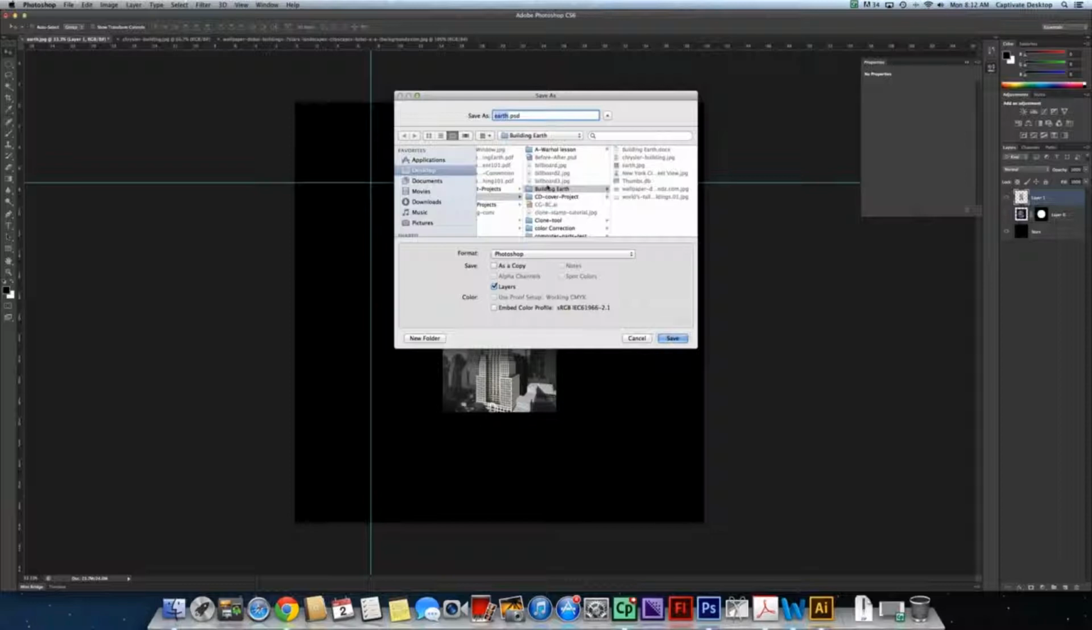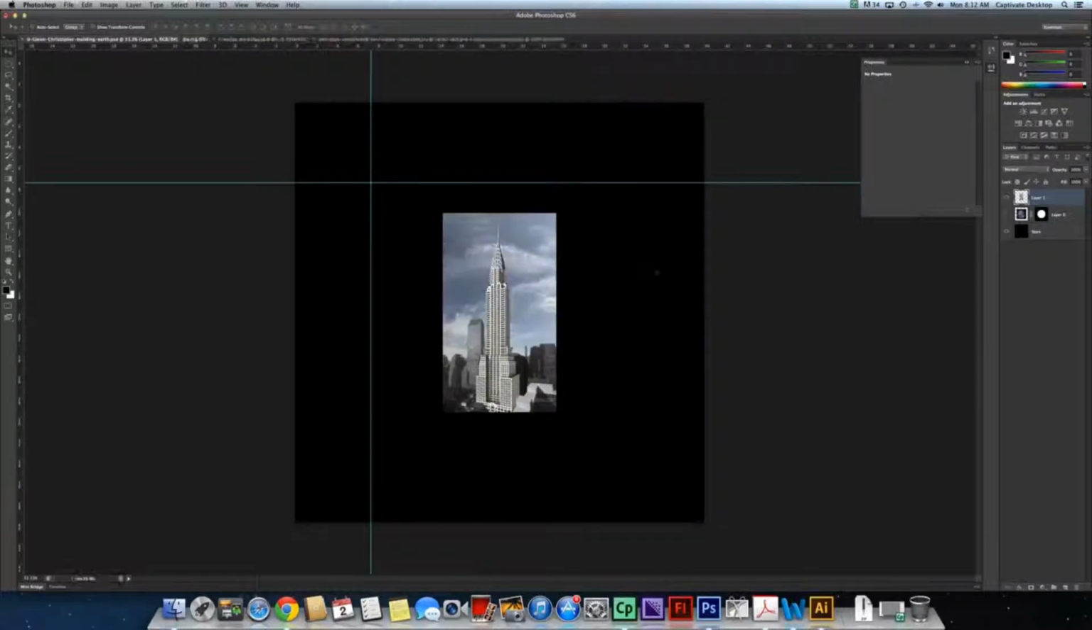and right inside that Building Earth folder you can put in your naming convention: your period, last name, first name, and the name of the project, Building Earth. Save it in there. So now we're going to go to this building layer here,